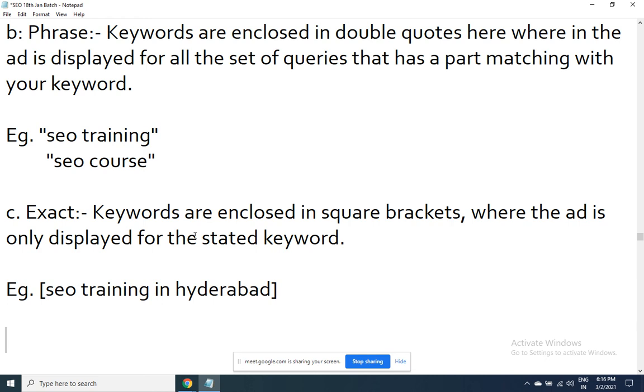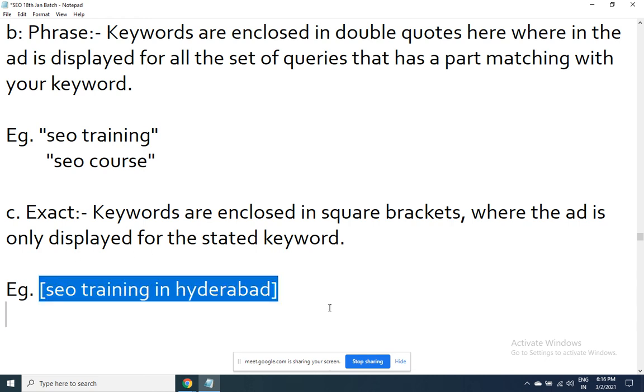Hundreds of people will call you every day. But all junk leads. Everyone expecting free training. Won't generate any business at all. So be very careful while giving your keywords. I told you, as a beginner, always begin with the exact keyword modifier. I have also done the same thing. Yeah, maybe the business is less, calls are less, the bill will also be less. Maybe in a month you'll get only 2-3 conversions. Start with it. But definitely the return on investment is going to be amazing here.